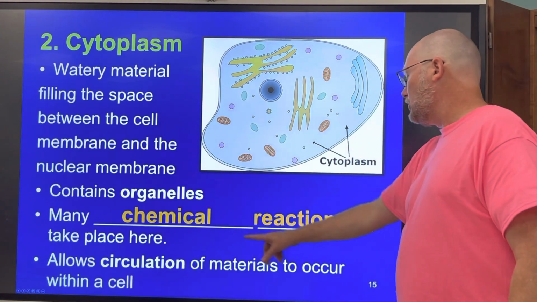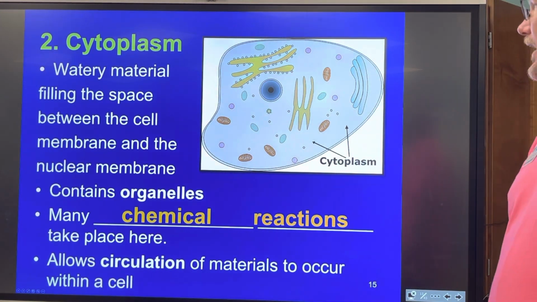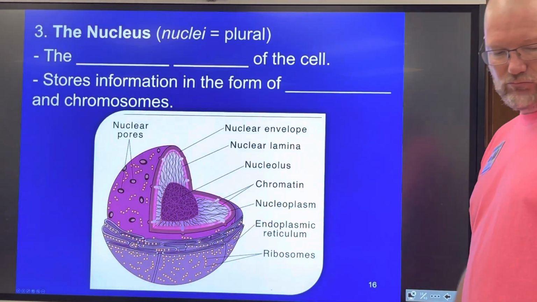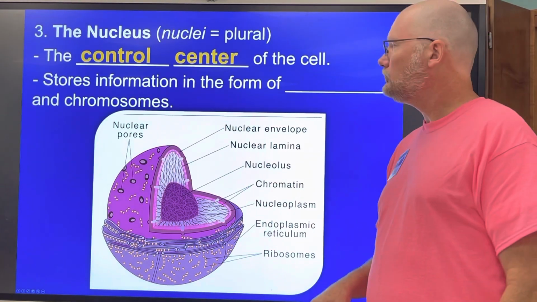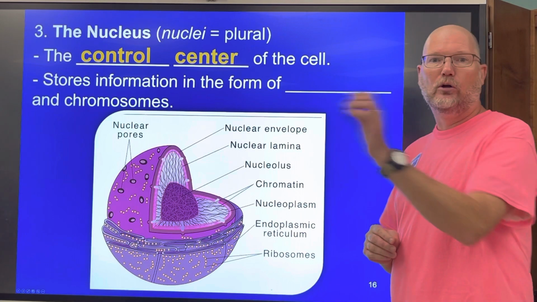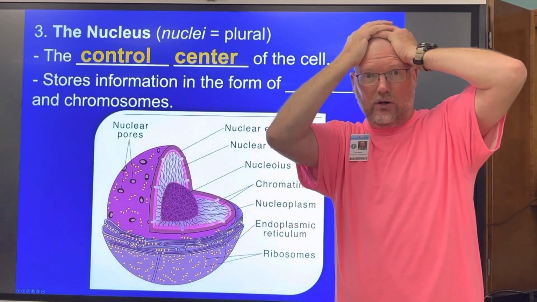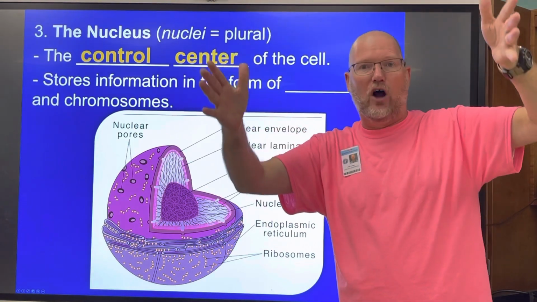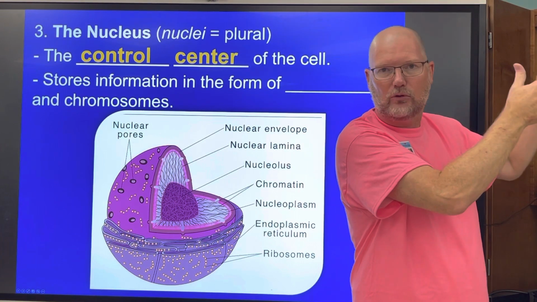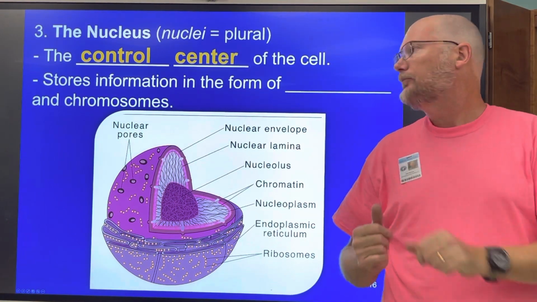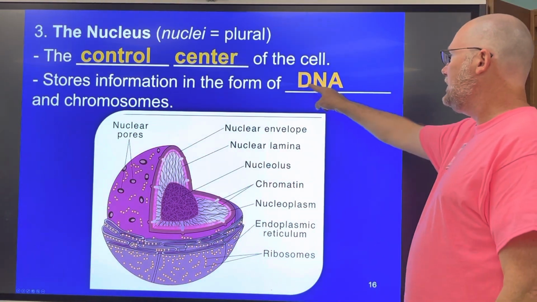And like I said, circulation of materials can go around. So things can move in there, but everything's kind of held in place. So the nucleus, nuclei plural. If I say nuclei, I'm talking about multiple nucleuses. That's the control center, like the brain or the head office, like Miss Castellano's office. Okay, that's the nucleus of the school. And it stores information in the form of DNA,